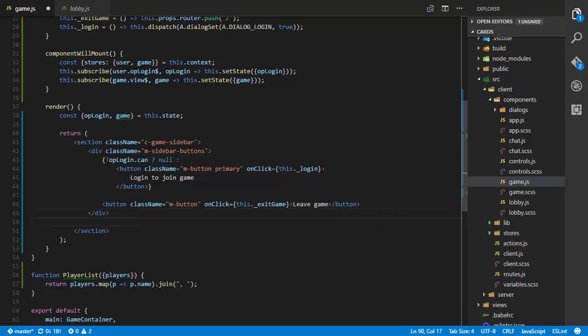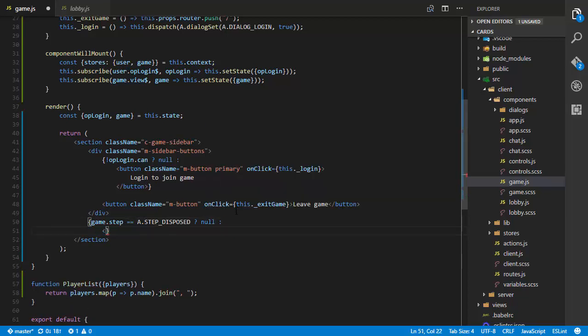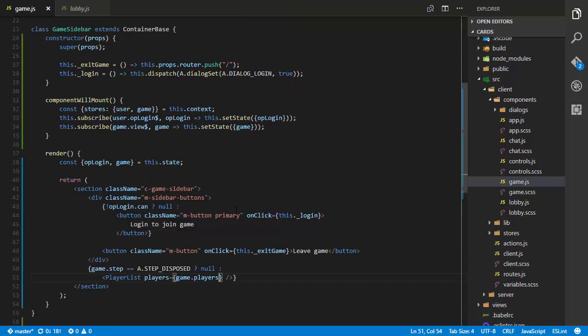Then, down here, I'm going to say if game.step equals a.step.disposed, null, followed by executing our PlayerList. And our PlayerList will have a property of players equals game.players. And that's our sidebar. So if you want to take a look at that,